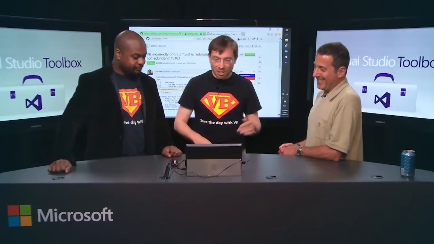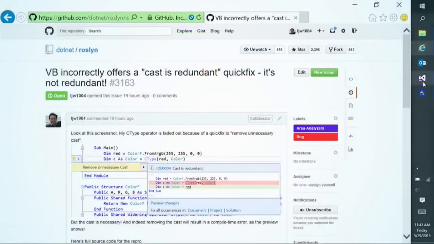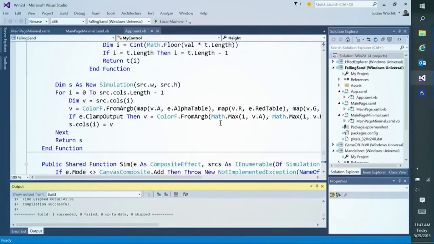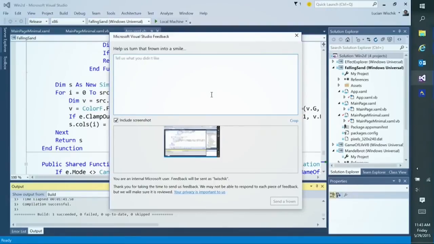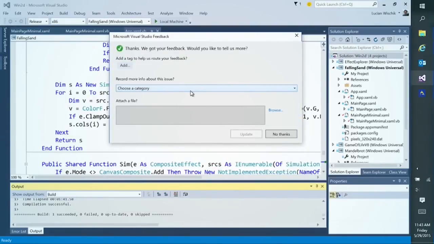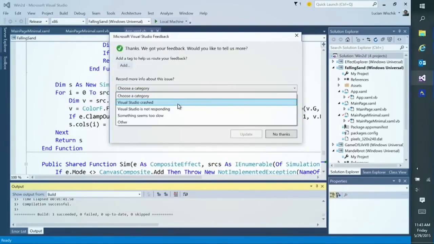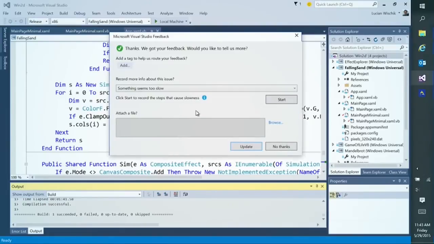I want to show you one other tool that I love it when people use. On here, Visual Studio 2015, the smiley face, click on it, send a smile, send a frown. I'll click on send a frown if there was a problem. Hey, this ran too slow. I'm going to send a frown. And if I choose a category, if Visual Studio crashed or it's not responding or something seems too slow, I can actually hit the start button and record